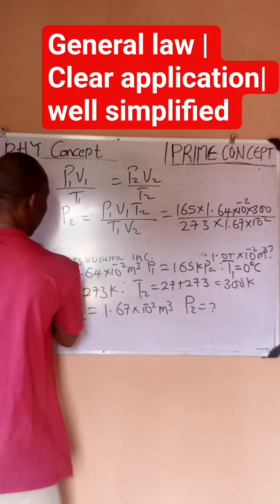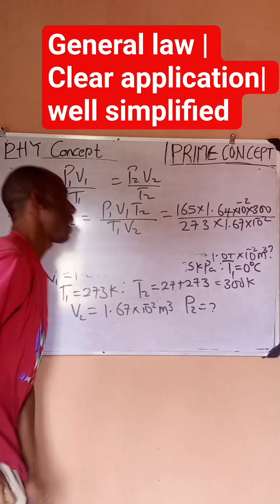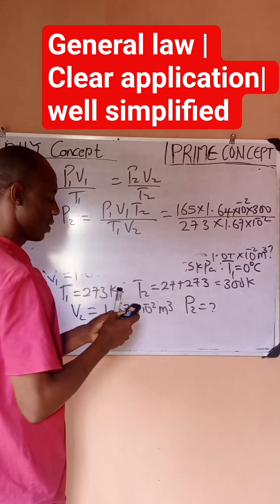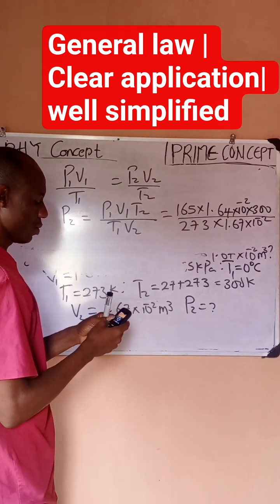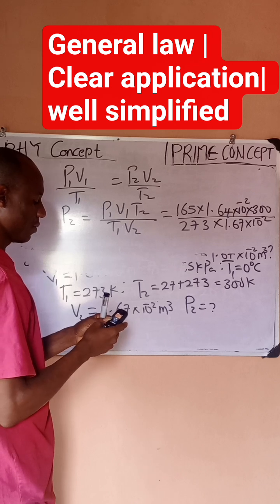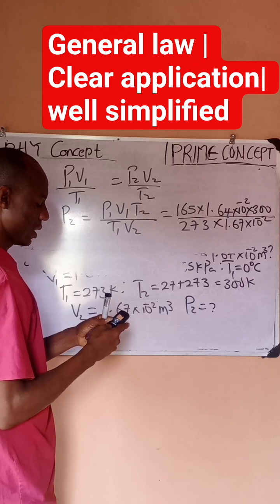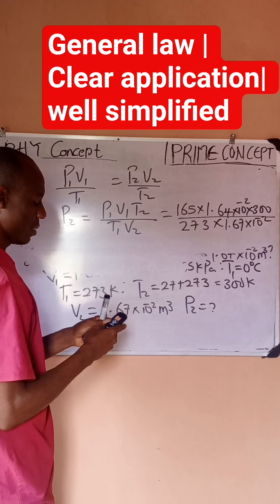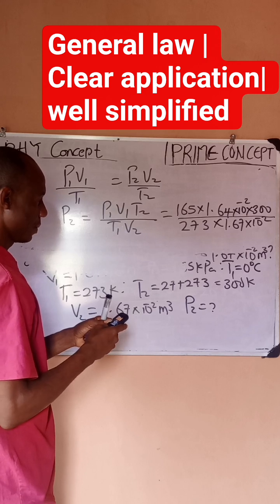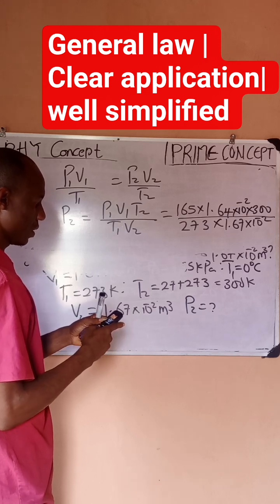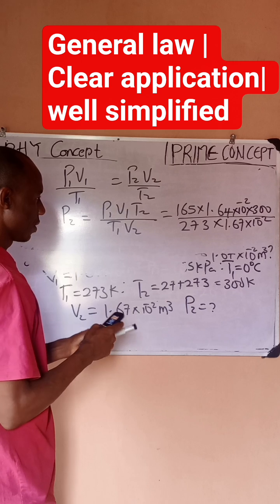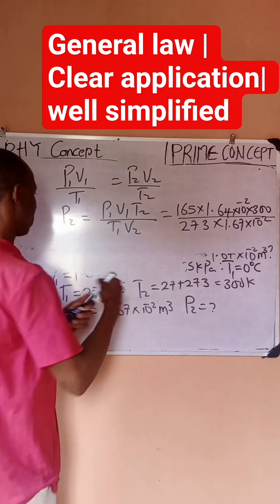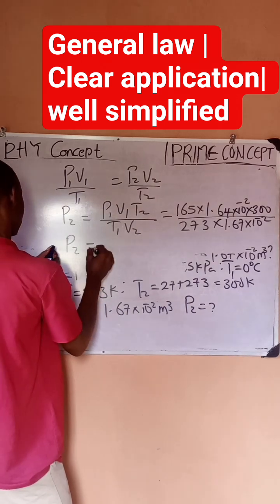So that if I multiply out, I would have 165 times 1.64 times 300 divided by 273 divided by 1.67. So I answer my P2 is going to be 1